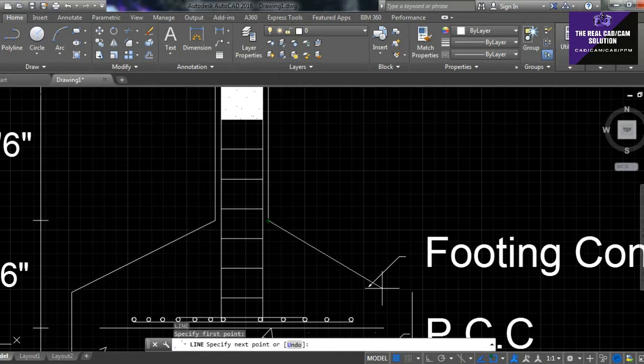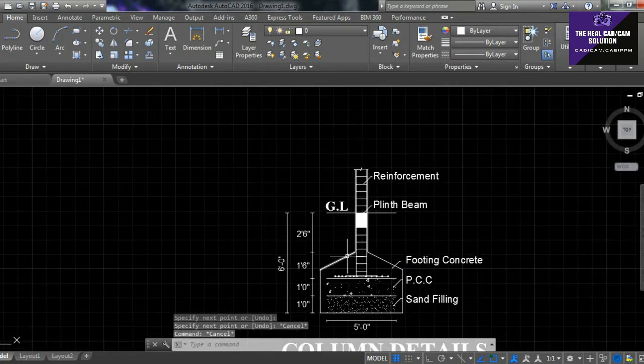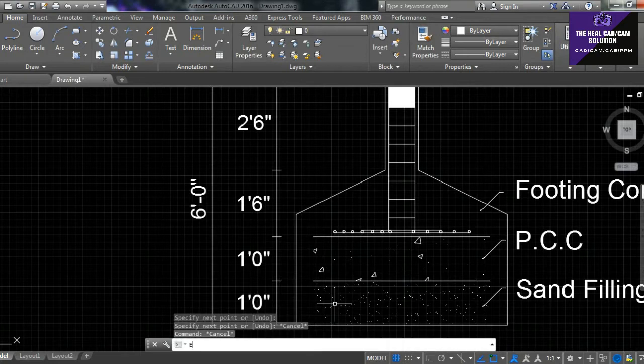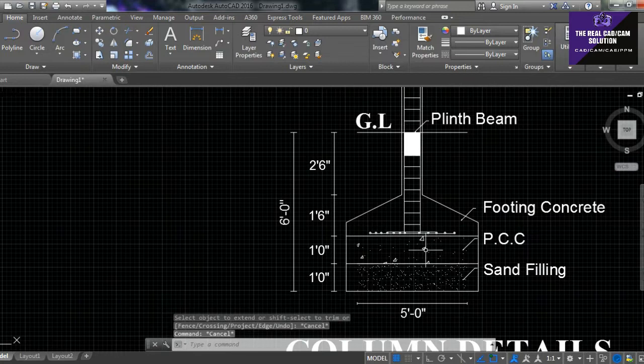So here my column section area is over. If you draw a new plan, you must draw according to your own idea and follow your structural plan. Here I just use my old structural plan, that's why I just copy like this. But you must first study the structural plan and then come to draw like this.